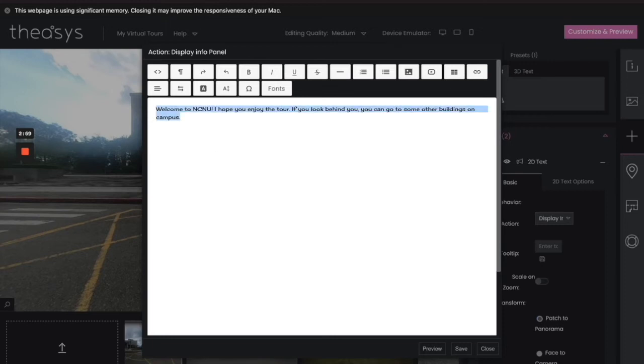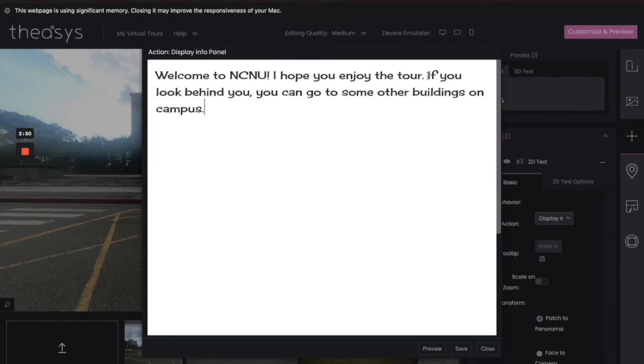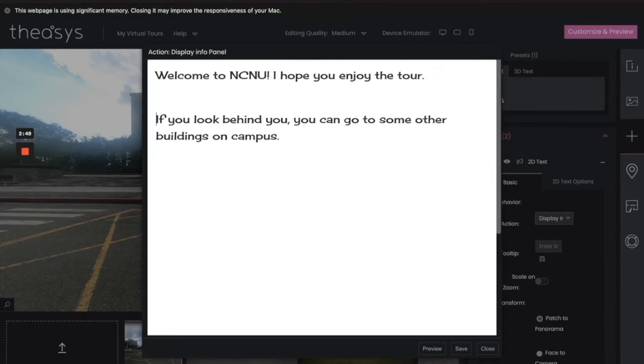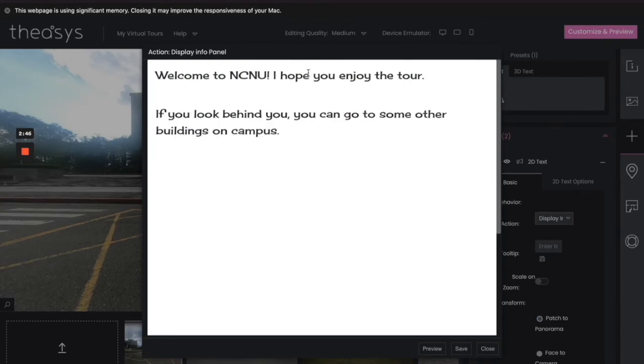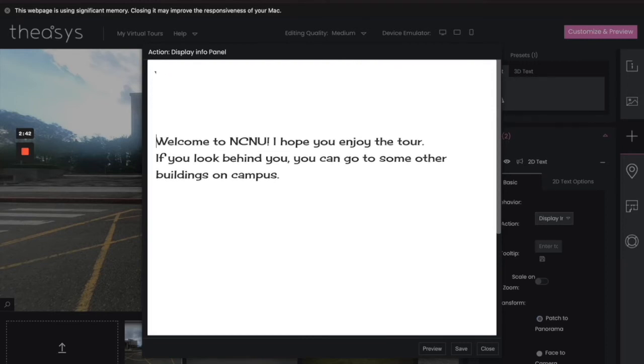It's too small. Select it all. Let's go ahead and change the size. Let's make this nice and large. There you go. And we'll break it here to make it just a little bit easier to read. Okay, there you go. And here, since we're here though, let's go ahead and take a look at some of the other things that you can do.